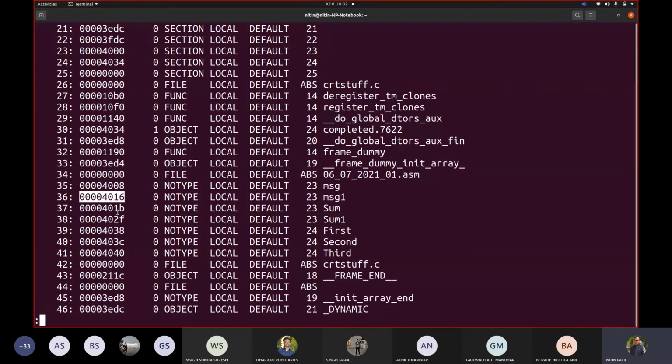Though we say data and BSS are altogether different, they go in the data section only in process management. Whenever you talk about a process, it is for simplicity only, to differentiate initialized and uninitialized data. But at the time of execution, they would all be given space in the data section only. And local variables will go into the stack.